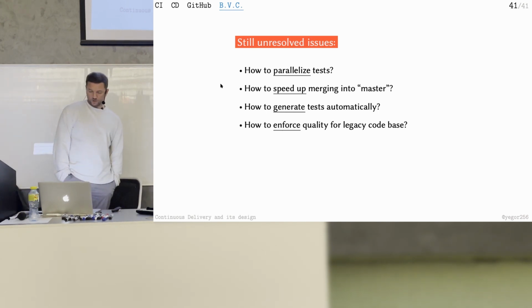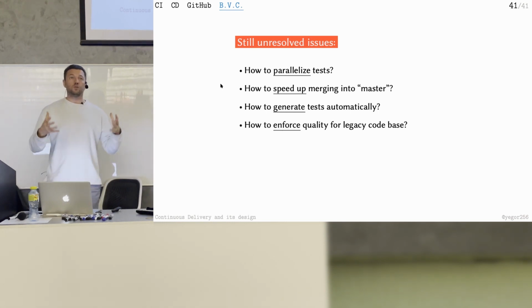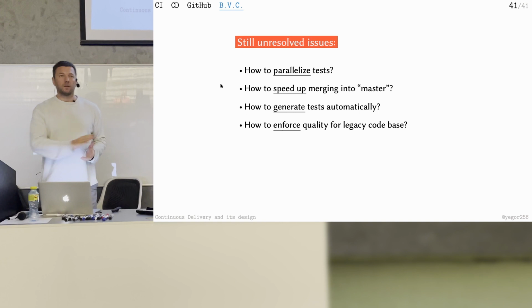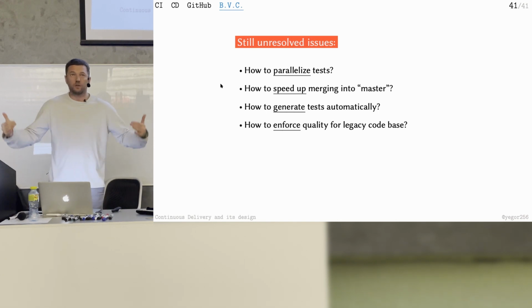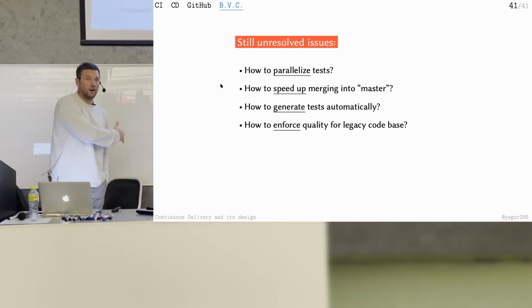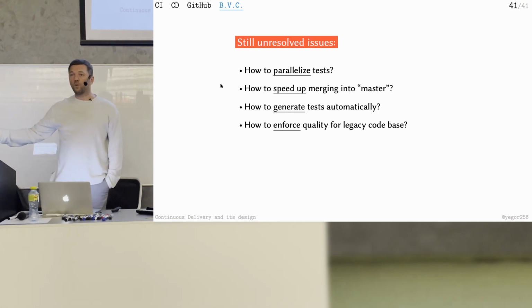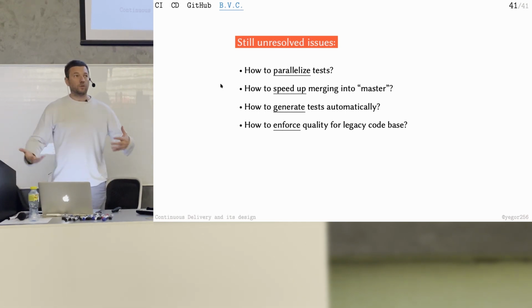And the last one, how to enforce quality for a legacy code base. When you join a project, you will see it in real products, in real companies, there's a legacy code. And legacy code has completely ruined code usually. I mean, the quality is extremely low. And the question for you will be, how can you enforce the quality? First of all, how can you fix the quality so it doesn't go lower? And then how can you start increasing the quality on large code bases? For example, you run the linter, and linter says there are 5,000 mistakes. What do you do? You're going to fix 5,000 mistakes? Nobody will fix that. No programmer will want to do that.